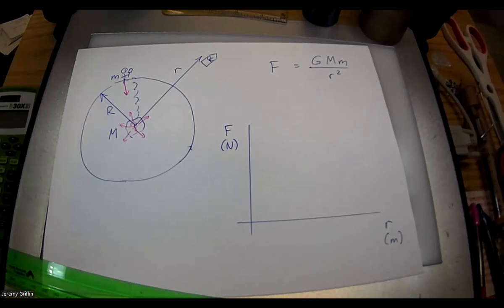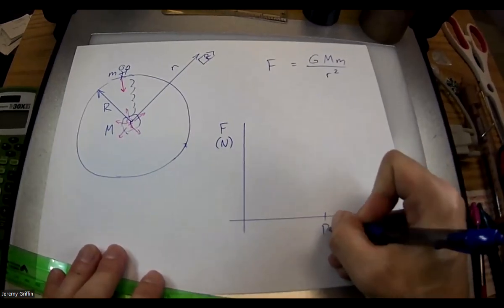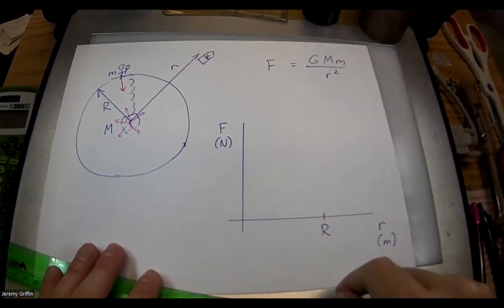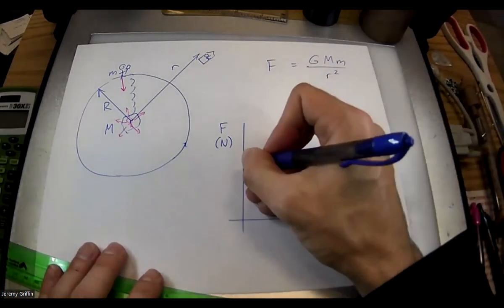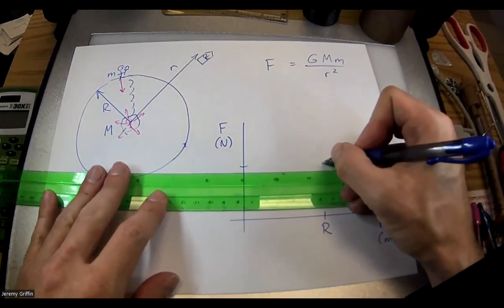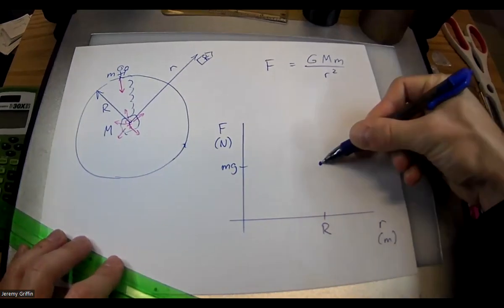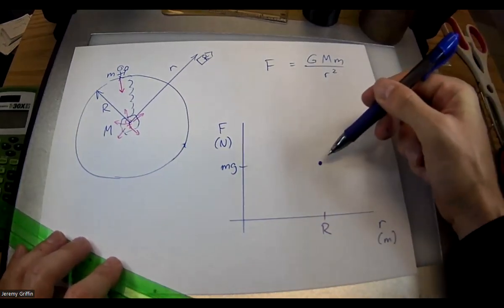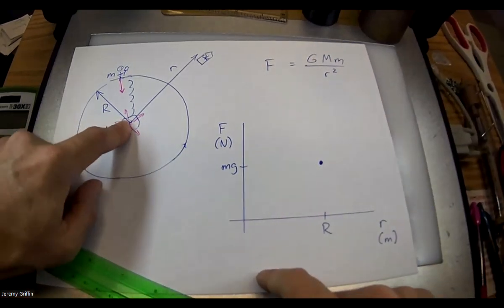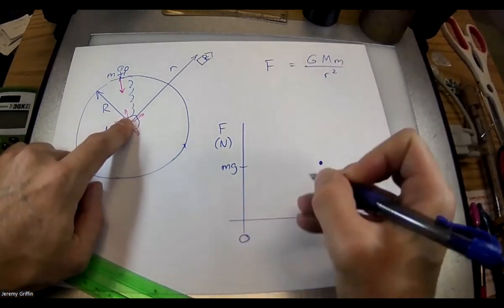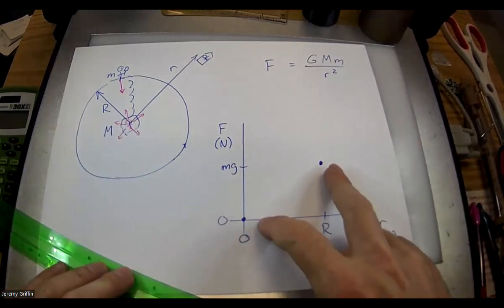So I'm going to put that very special location on this graph. I'll call this capital R right here. There are 2 points I know for sure I can put on this graph. Right at the surface, I can definitely put my weight, like right there, mg. All of us have only ever experienced that point our entire lives. And right at the center, at 0 meters from the center, you have 0 weight. So that point must also exist. We've got those 2 points.